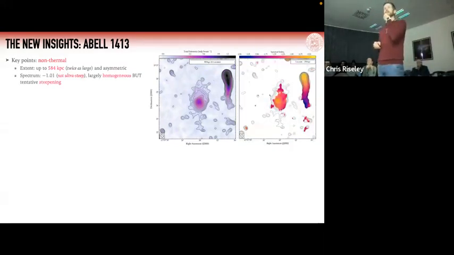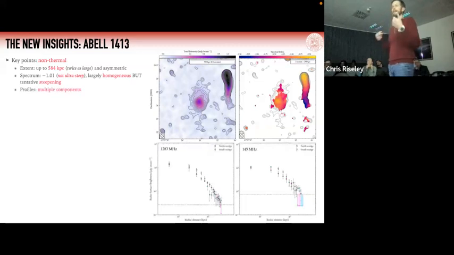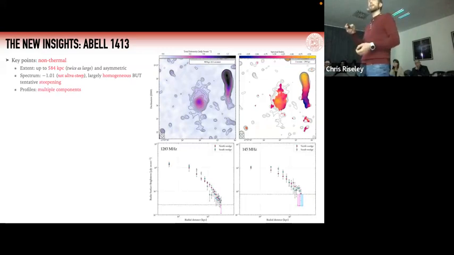The spectrum is similarly around -1. It's, again, not ultra steep, and it's largely homogeneous. But in contrast to MS-1455, we see tentative evidence of steepening in some of the outer regions. But again, unfortunately, it's LOFAR's imaging performance at low declinations that is letting us down a little bit. It's harder to see, and we couldn't fit it very well, so I actually didn't put this in the paper. But we do see tentative evidence of multiple components because we're seeing additional surface brightness excesses